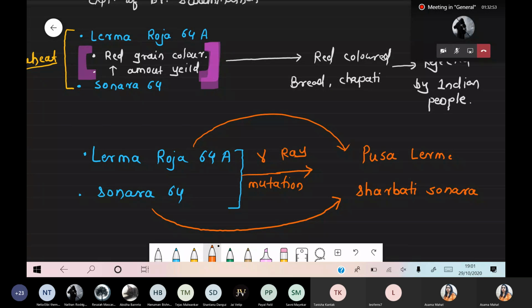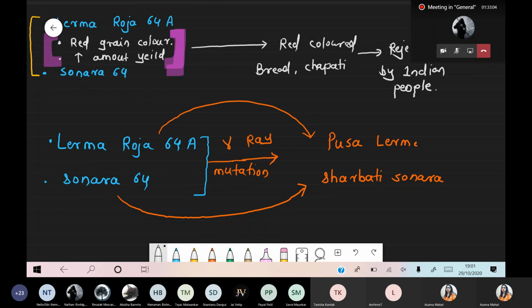What is the main problem? Red color. Red color सबसे ज्यादा problem था, बाकी कुछ problem नहीं था. Everything is good, yield is high, protein amount is okay. But now what happened? Due to red color, Indian people rejected that. So solution क्या दिया यहाँ पे? Solution with respect to creating a gamma mutation, and after the gamma mutation there is a development of these two